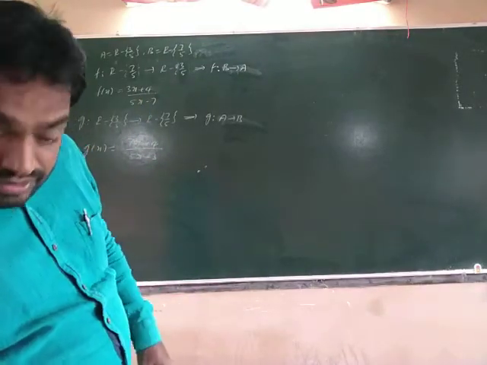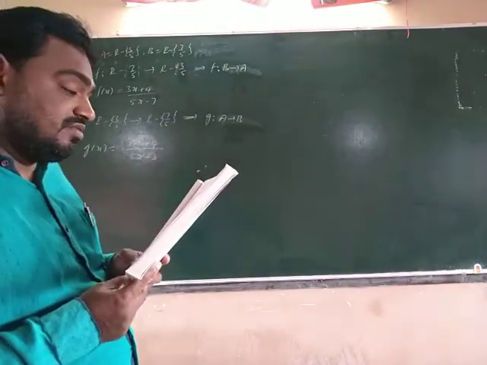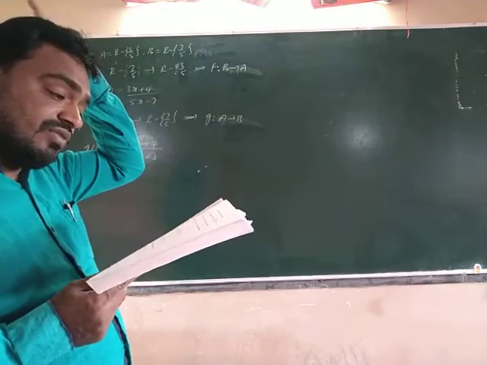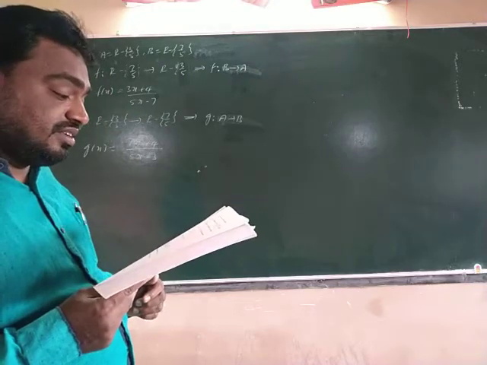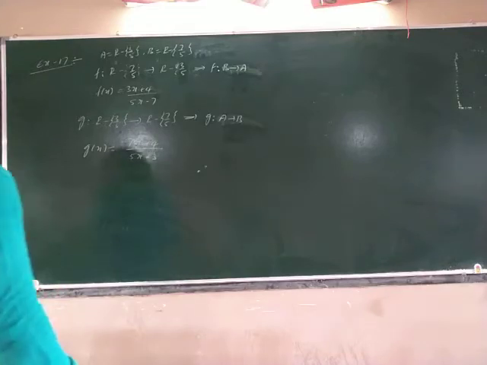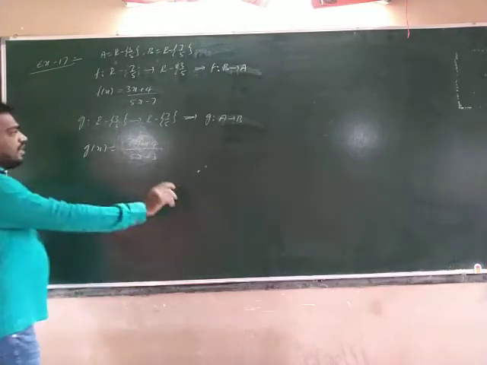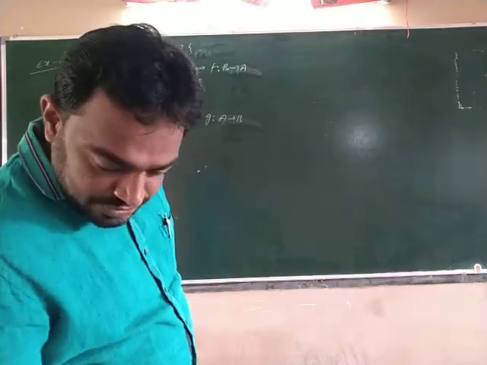Next, show that f circle g equals I_A and g circle f equals I_B, where A and B are given. I_A of x is equal to x and I_B of x is equal to x are called identity functions on the sets A and B respectively. Here I_A and I_B are identity functions. You see here, find f circle g. f circle g is equal to I_A.